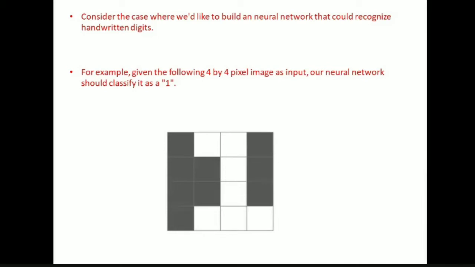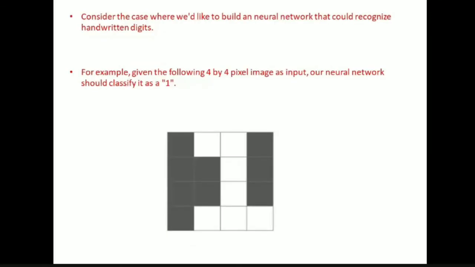So what is the representation of this image? I mean, what is this image? Which number does this image have? 1, sir. 1, right? So our neural network also should classify this image as what? 1 only, sir. 1 only, right? So now let us see what happens here.